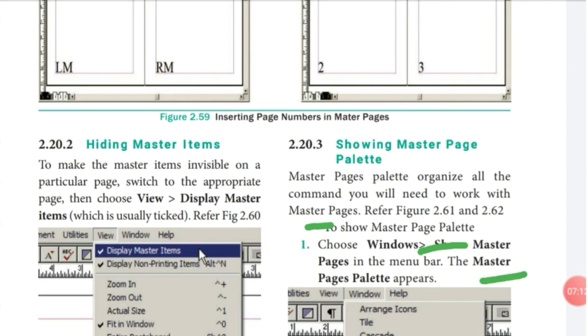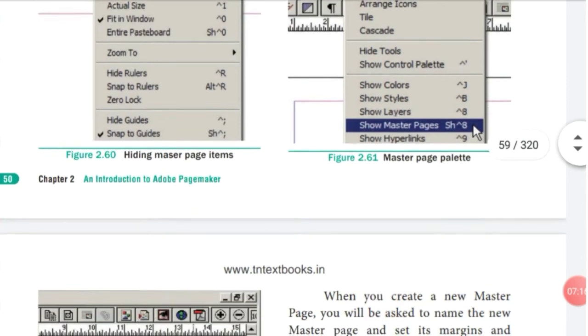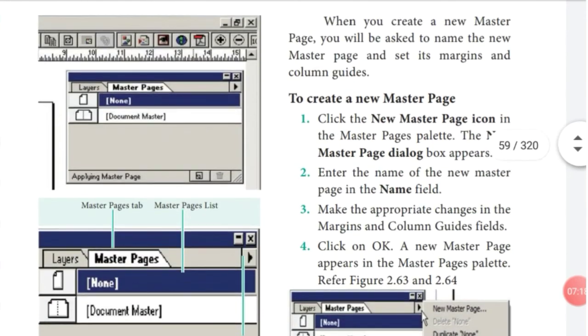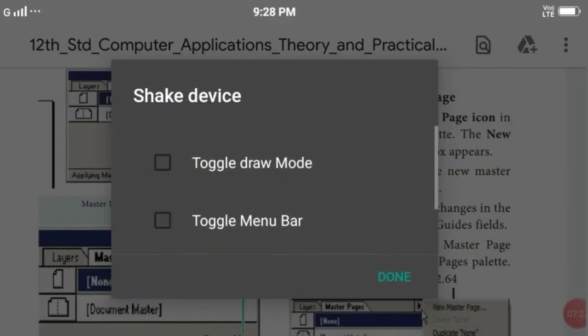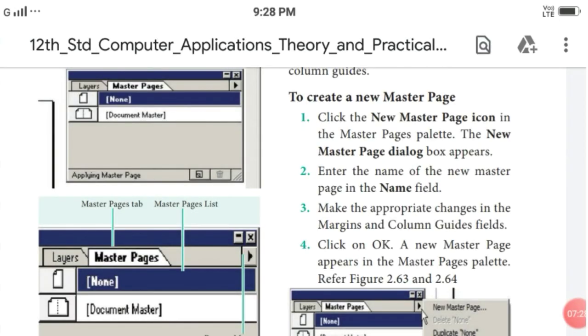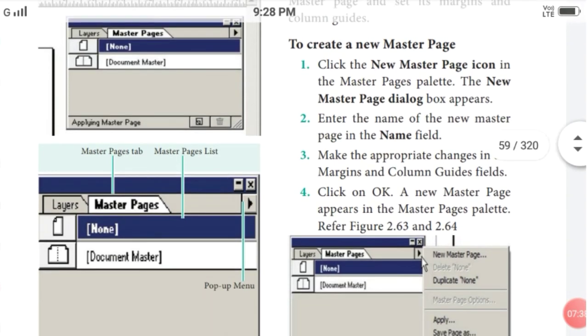Okay, master page palette. This also shows master pages, master page list.